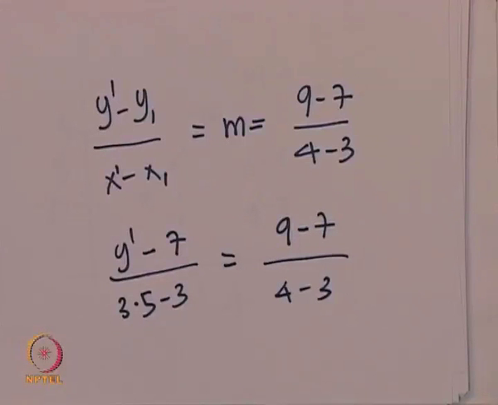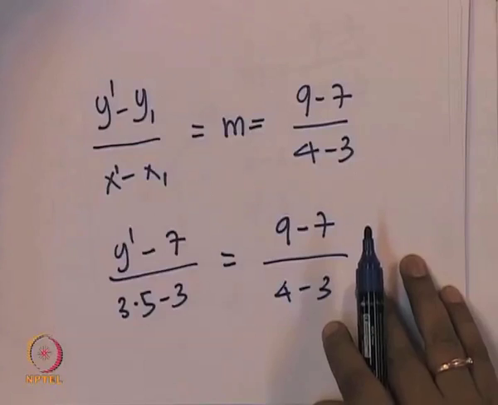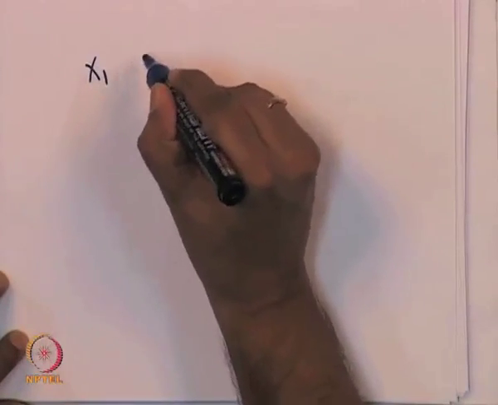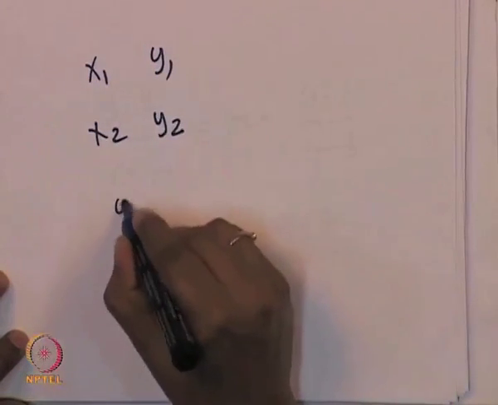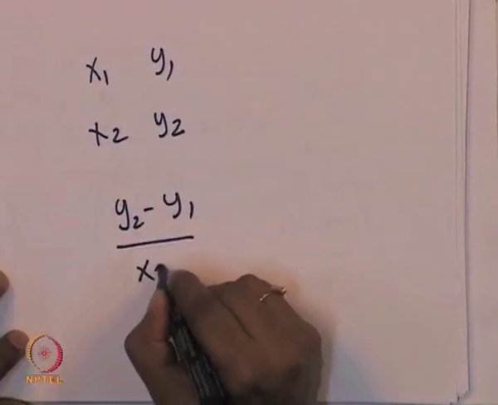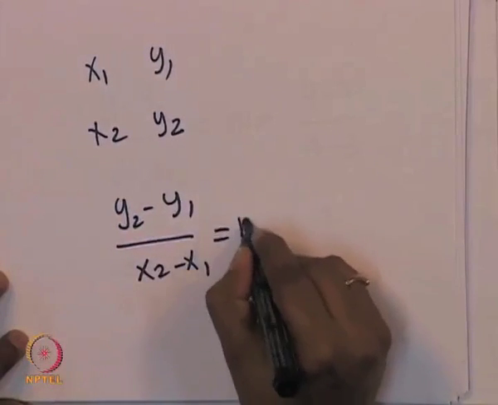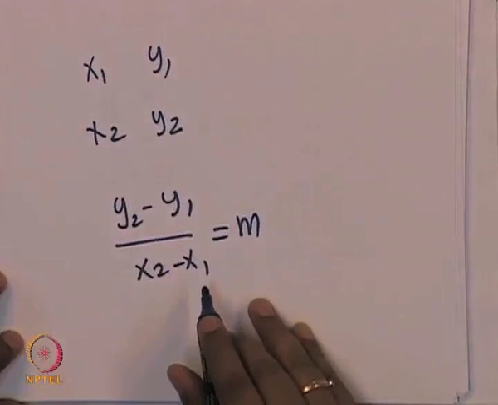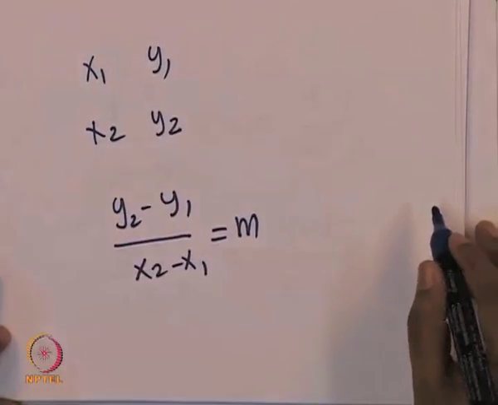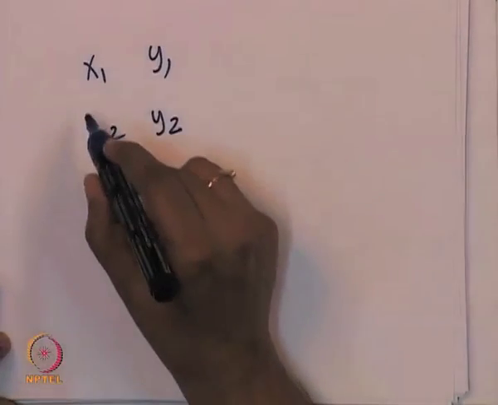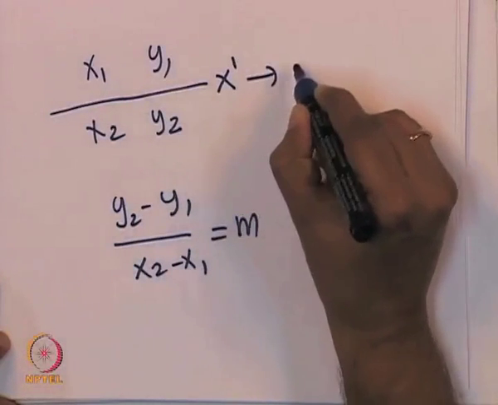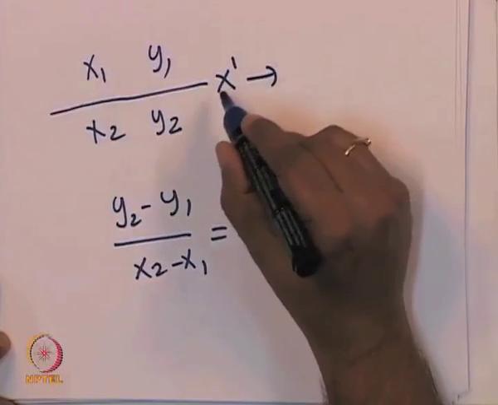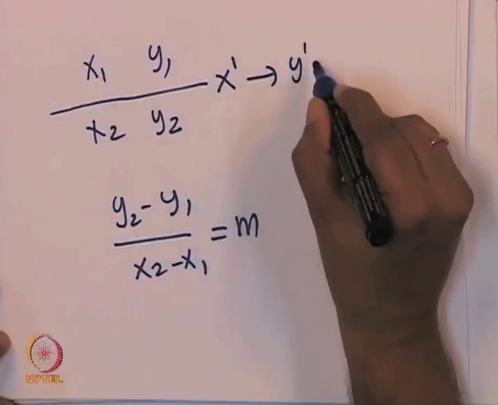So, what did I do here? Let me explain this once more. We had x 1, y 1, x 2, y 2, and we know that y 2 minus y 1 by x 2 minus x 1 is the slope m, if you assume it is a straight line. And let us say I want to find out a point in between, corresponding to x prime. What is the value of y prime? So, if I know x prime and I want to get y prime,